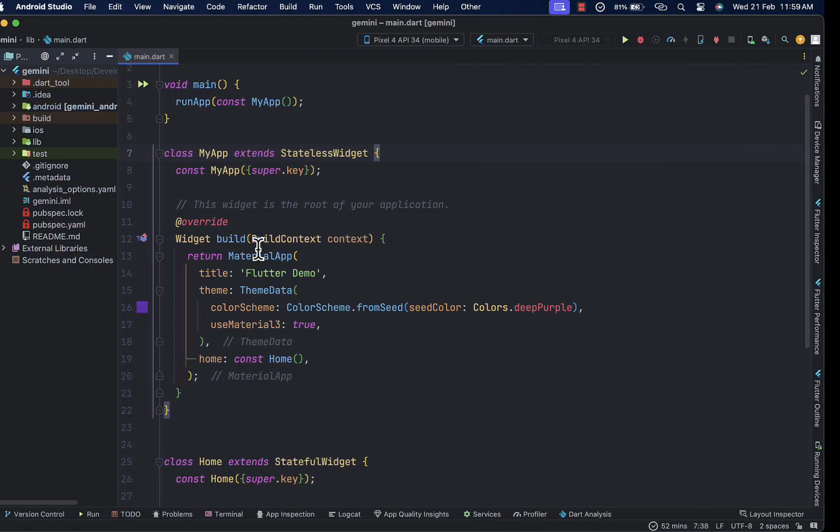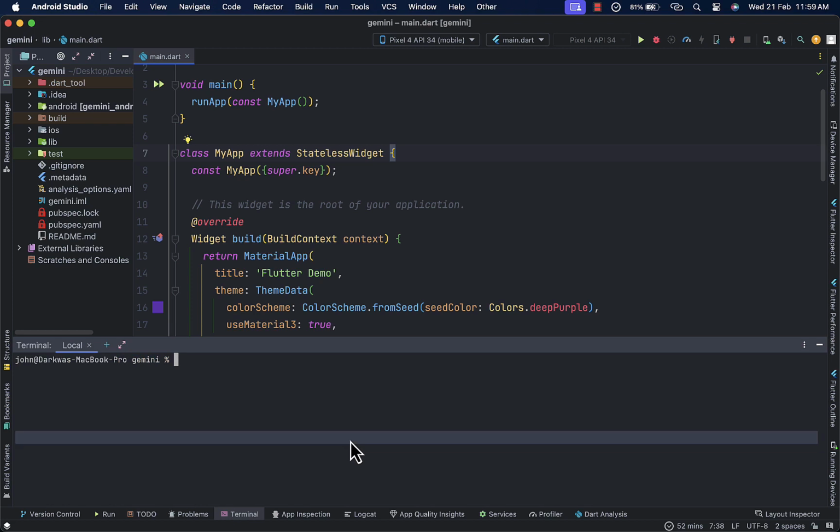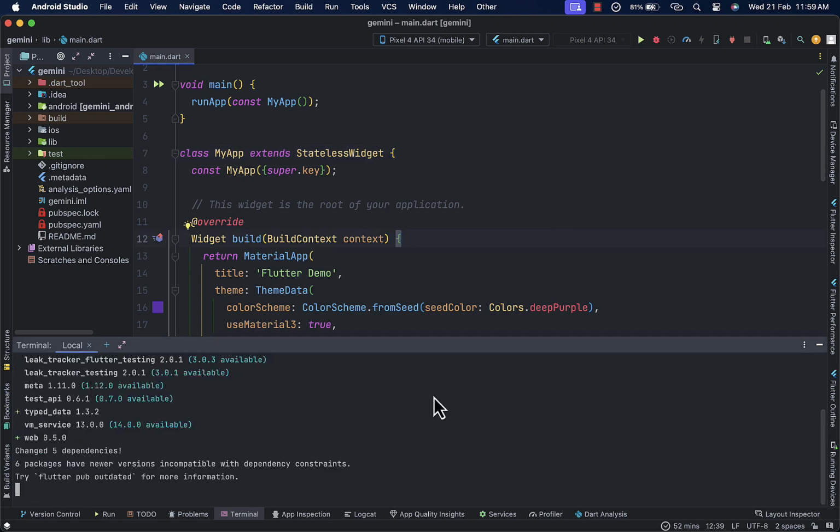So first of all, let's install that dependency. So I'll bring my terminal over here and install that. And the command is flutter pub add google_generative_ai. There we go. So you can see we have a successful installation over here. So the next step